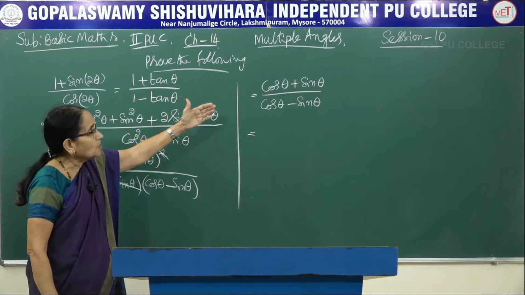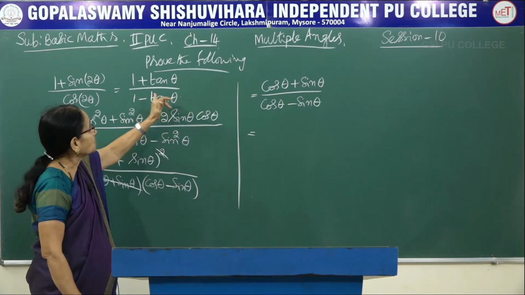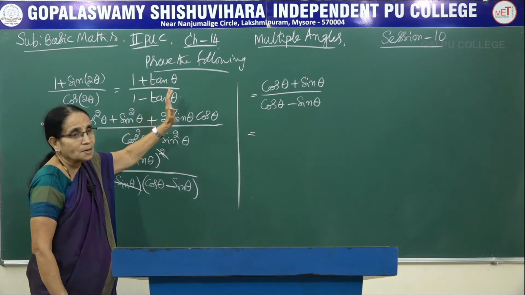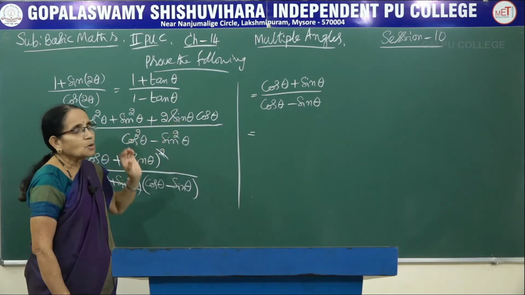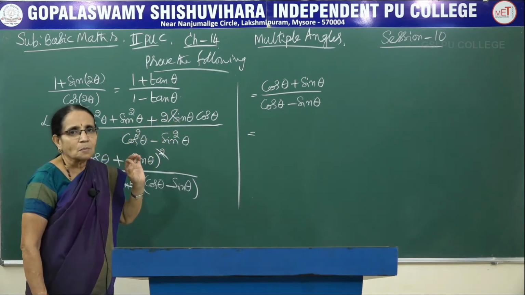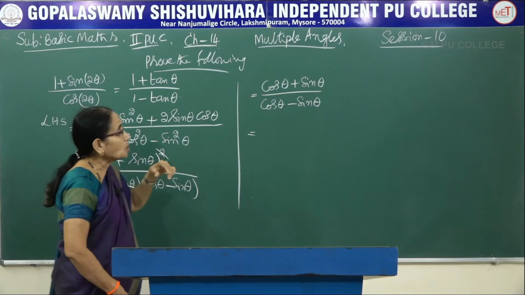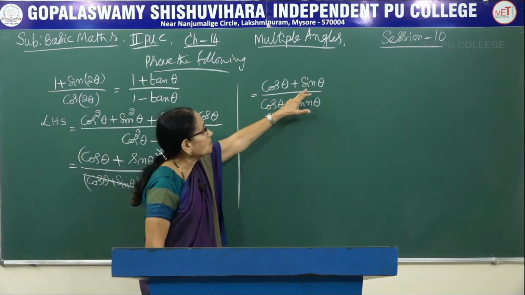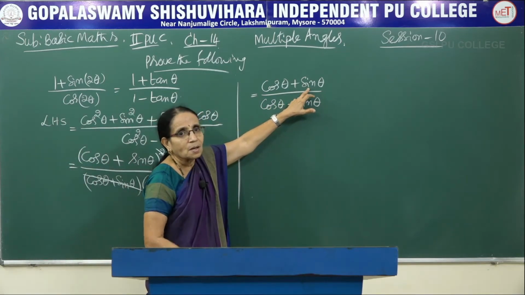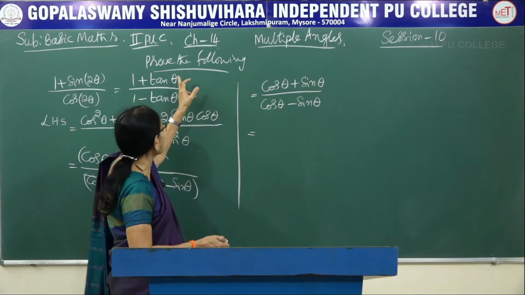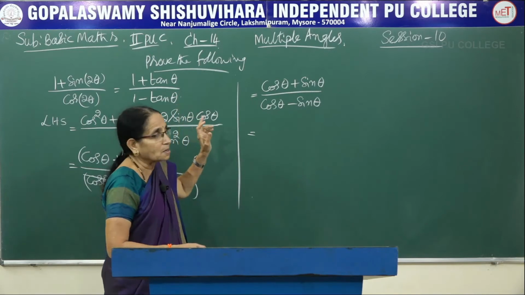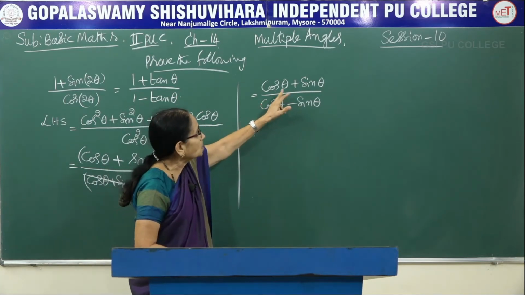Now we have only terms of sine and cosine, but we want them in terms of tan theta, isn't it? Therefore, a little bit of thinking is needed here. You know that tan theta is equal to sin theta by cos theta. So how could you get tan theta here? If you divide sin theta by cos theta, naturally you will get tan theta. Same thing here, sin theta by cos theta, so that you will get tan theta here and tan theta there. That means that you have to divide.